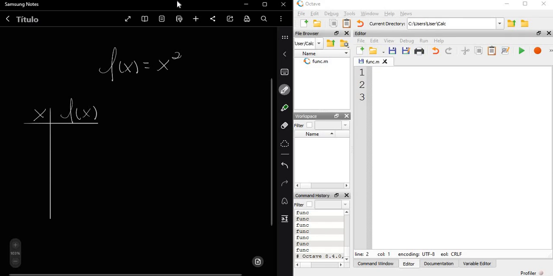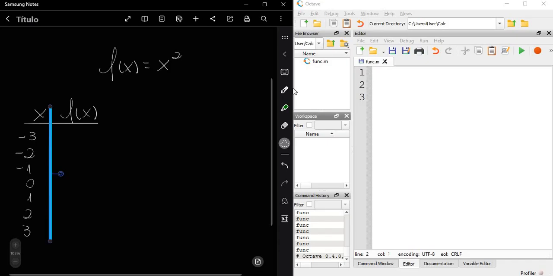And as this square function is the function that we see most often, we know that it is a symmetric function. We can mirror the function. So if we attribute values from -3, passing to 0, then 1, 2, and 3,